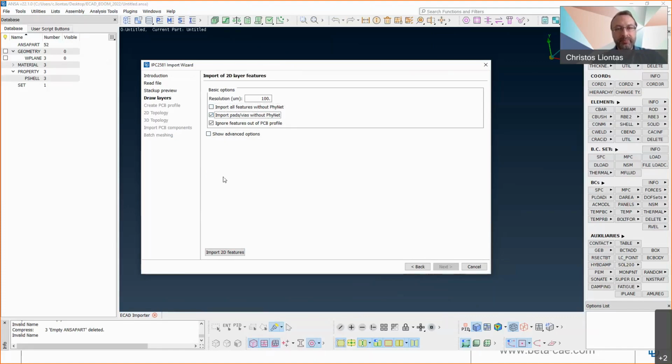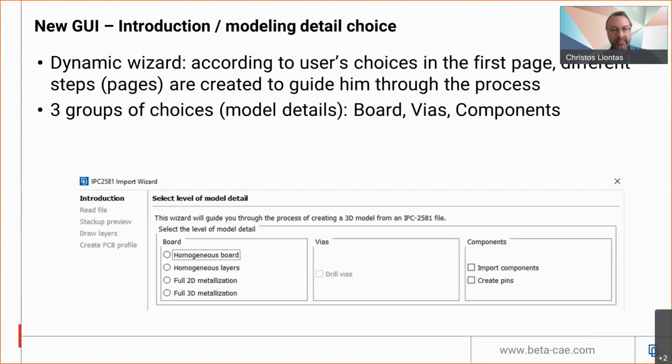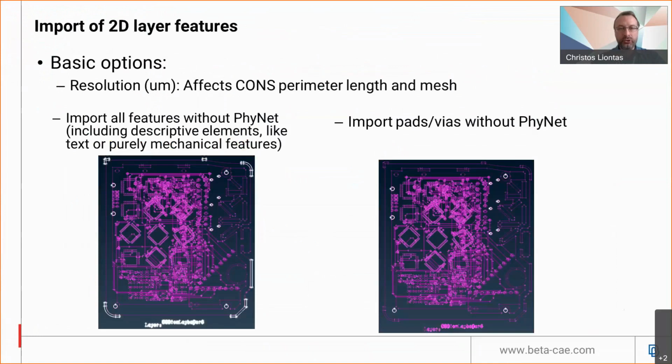And to show you what I mean, I go back to my presentation and I will show you. In this slide on the left side, we can see highlighted with white all the elements of this PCB that are non-electrical elements. So you can choose to ignore them or import them. Or optionally, you can choose to import only the mechanical holes and vias, which is the round circles highlighted in white that are on the right side of this picture.